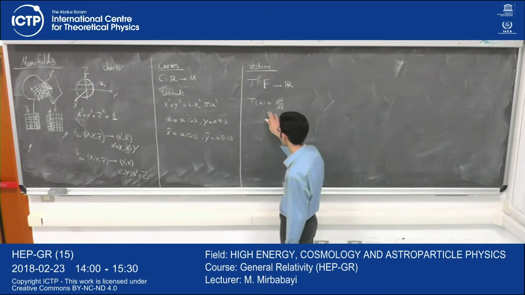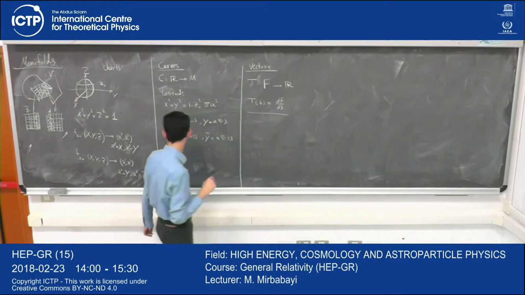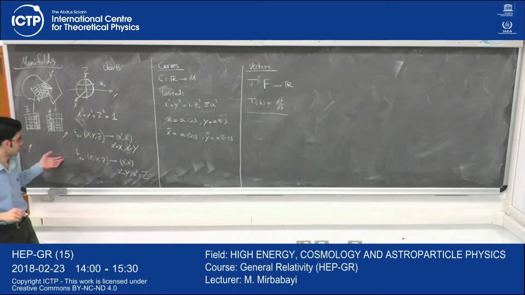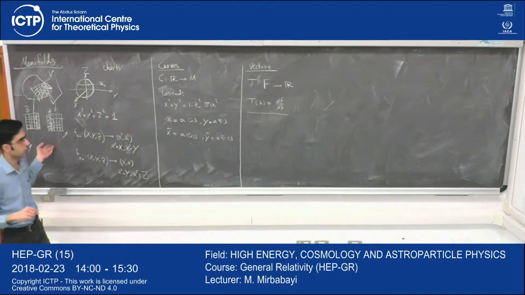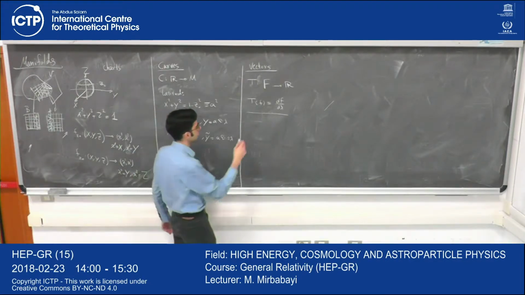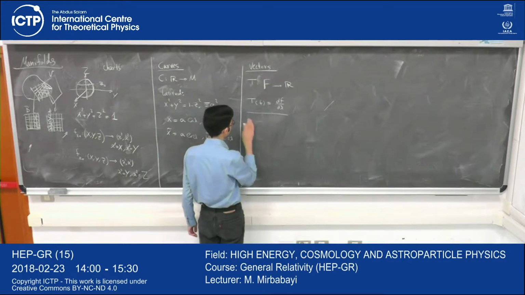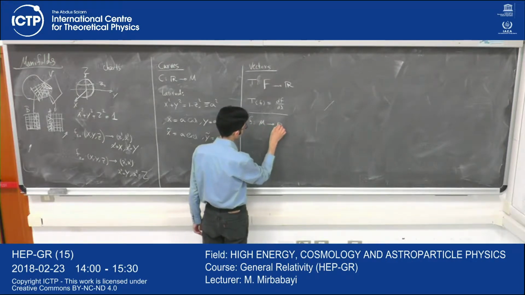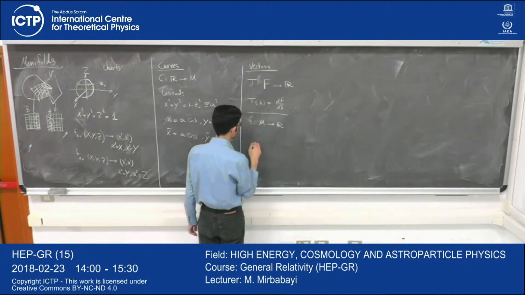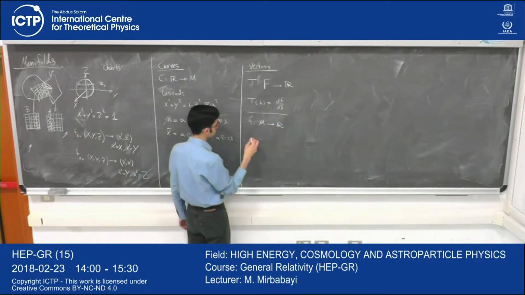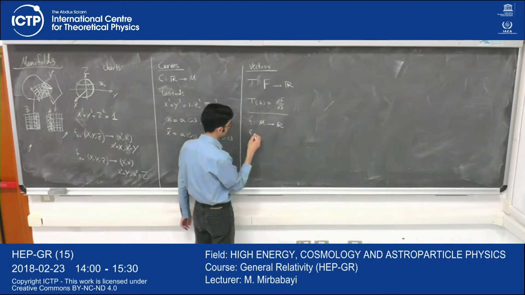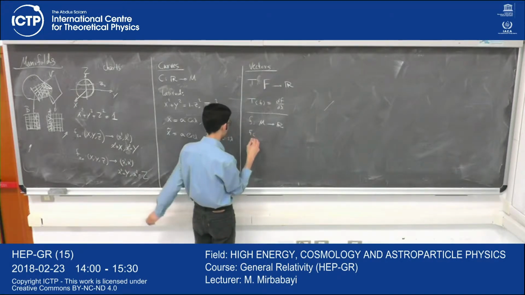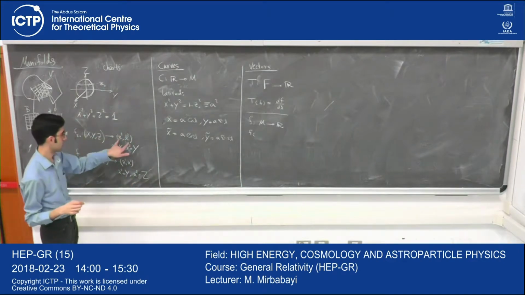So now we said that we have assigned some coordinates to our manifold. So when we talk about the function that lives on a manifold, what is the function? The function is a map from our manifold to a set of real numbers. In particular, when I consider a chart, then I can give this set of coordinates to the function,